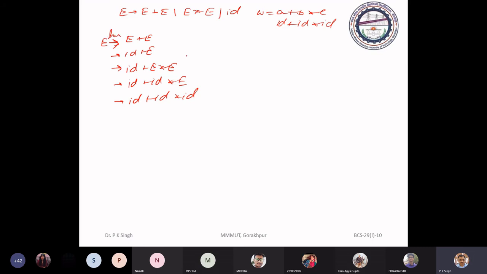That is one leftmost derivation. Now see here, E to E asterisk E. Again consider leftmost non-terminal.